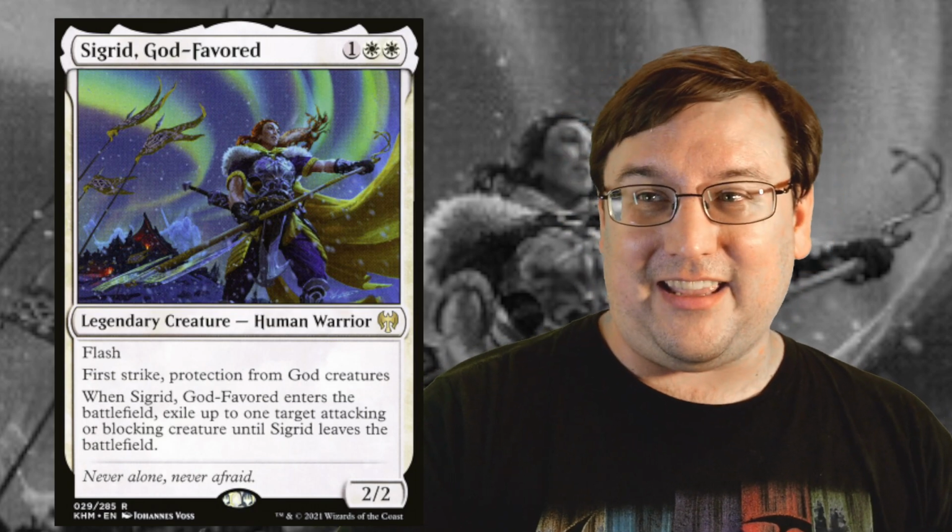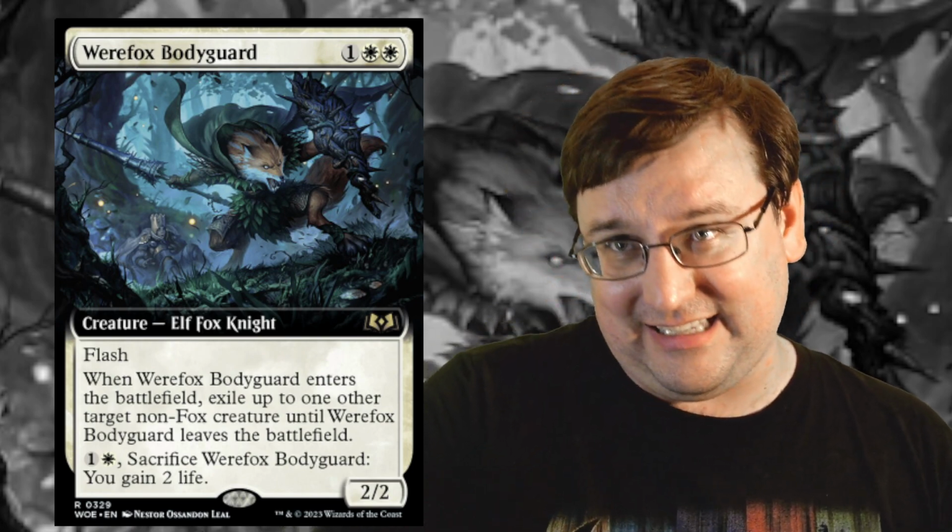It's something that I like in older formats. Well, Werewolf Bodyguard not having First Strike, obviously that doesn't help it for that application. But even so, if your opponent is swinging with 2 creatures and one of them's a 1/1, you can just freely eat it and exile the other one. If the other one's also a token,